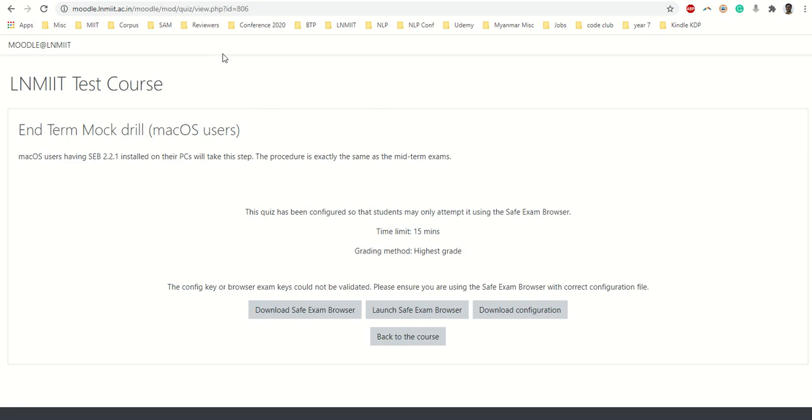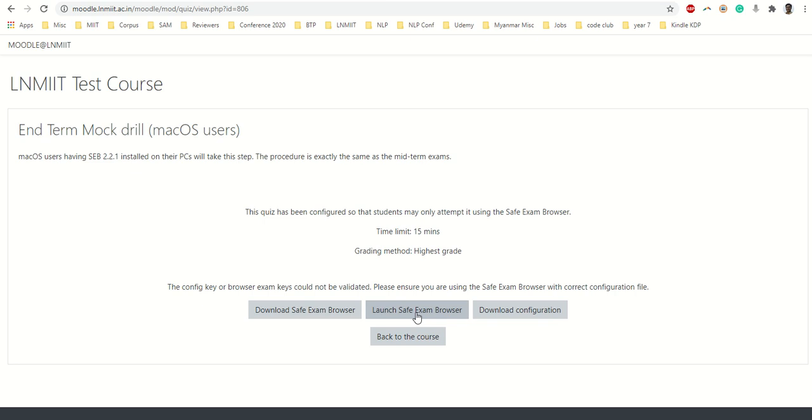Being a Mac OS user, you are using a regular browser. Using the regular browser, go to Moodle, go to the course, click on the quiz, which is for Mac OS users, and there you will see three options: download, launch, and download configuration. You should click on launch. When you click on launch browser, Safe Exam Browser will open.